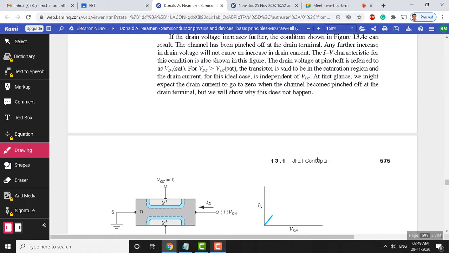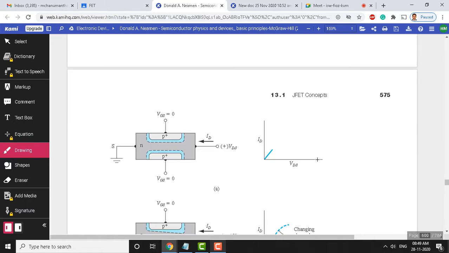Okay, with that, let us move to the next diagrams here. You can see these diagrams. This is the condition. One observation you can make is VGS is kept as 0. VGS is 0 on both sides. And now we apply drain source voltage. So here there is a positive drain source voltage. There is a supply here. This is VDS.